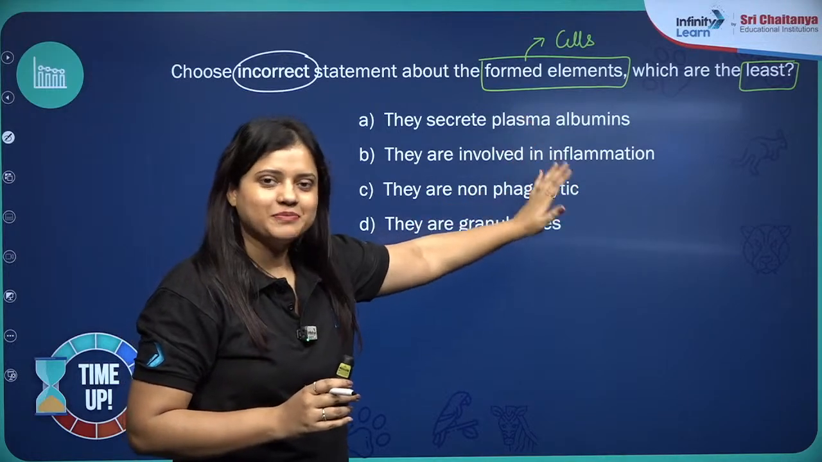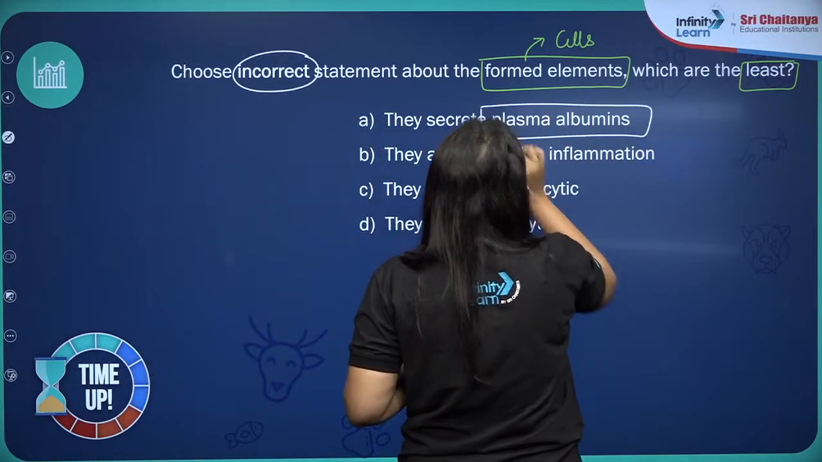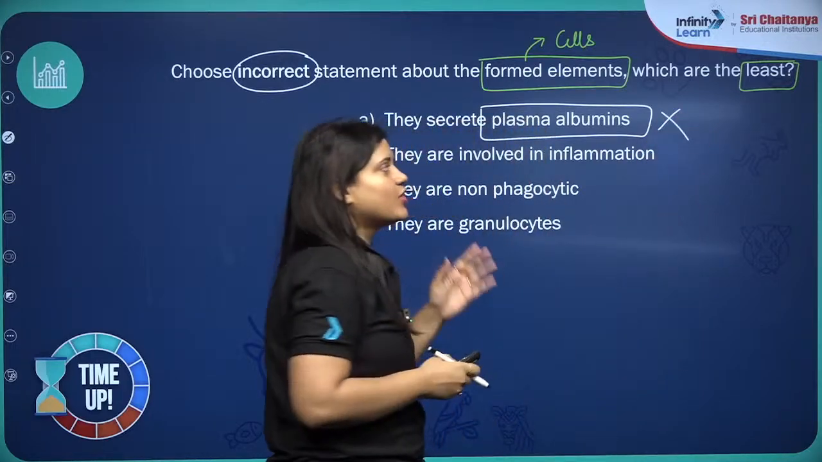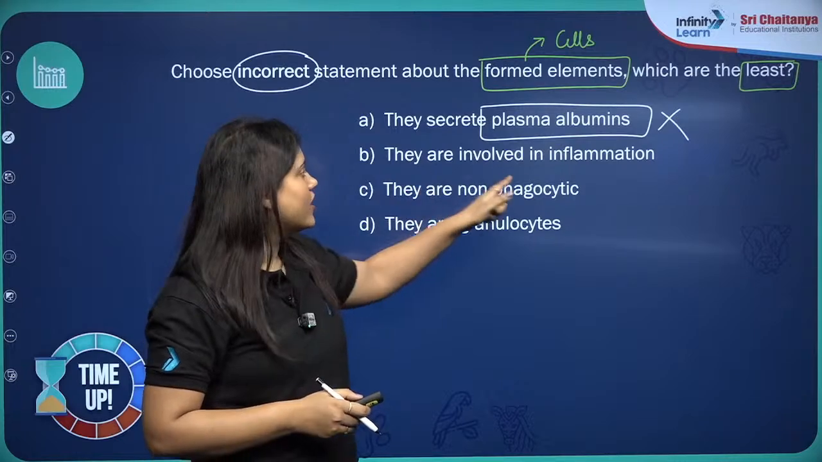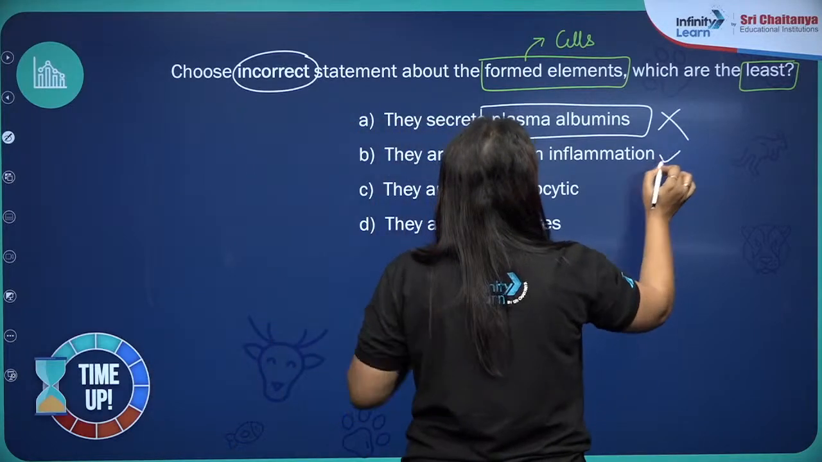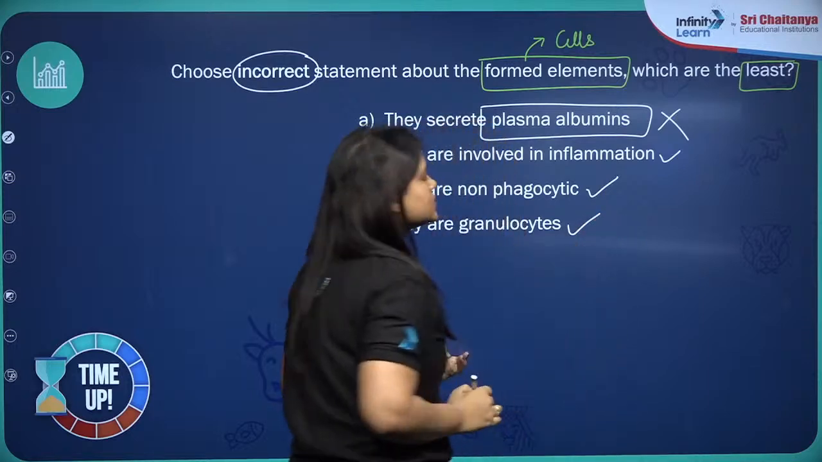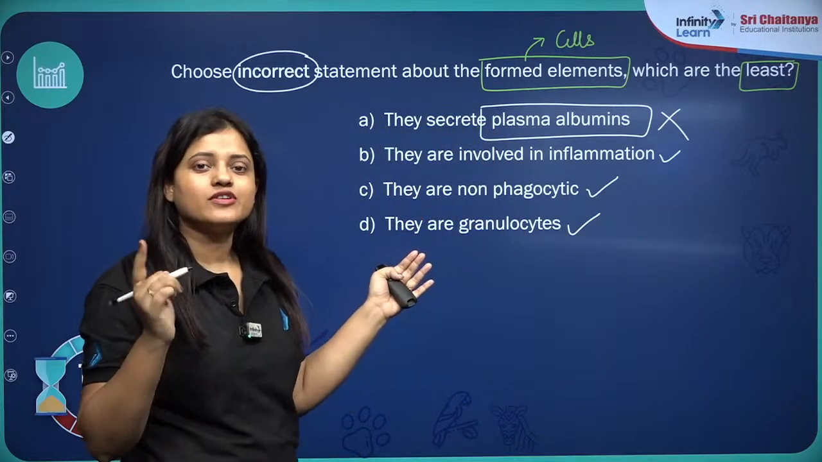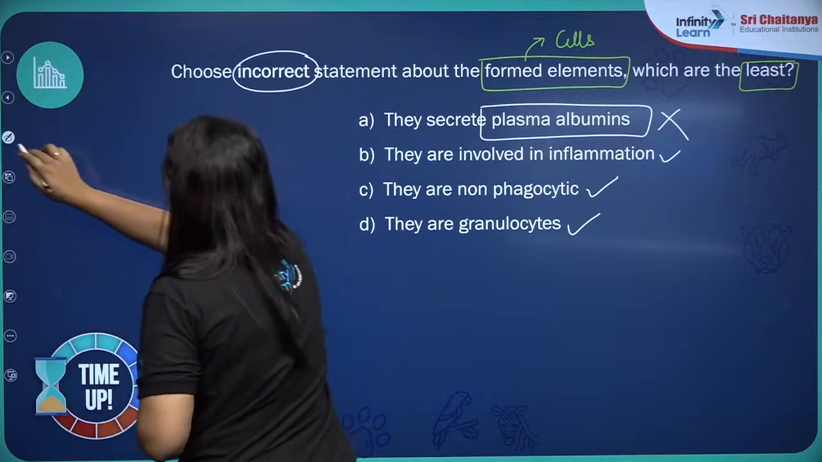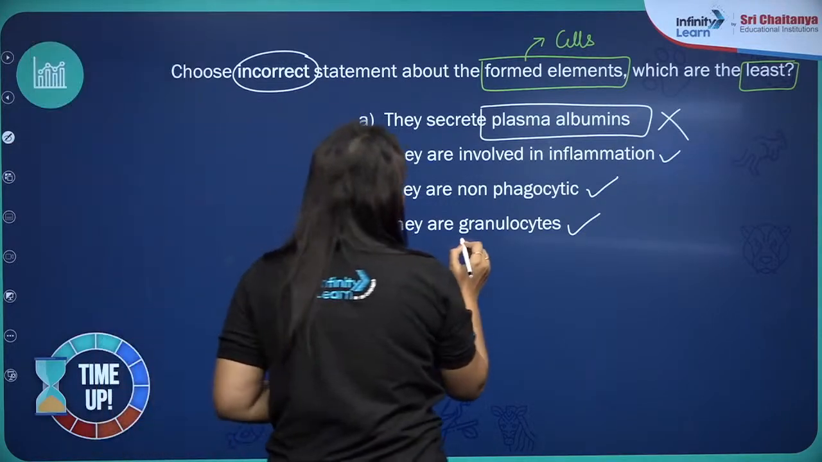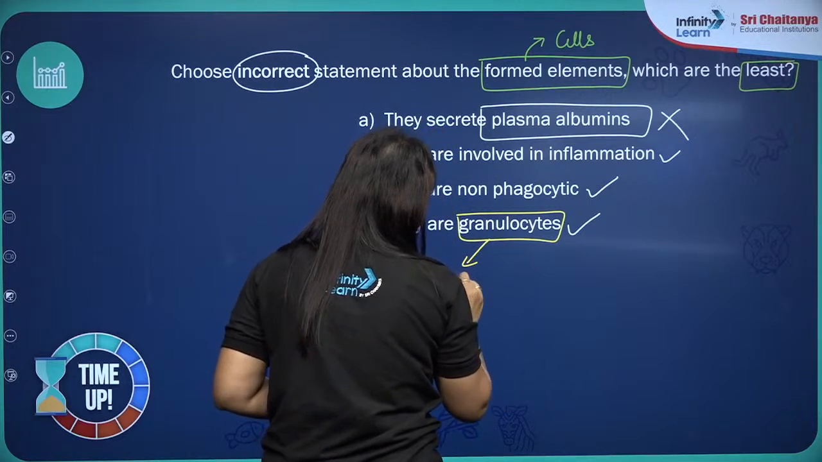So we know that plasma albumin is secreted by the liver, right? So this could not be the function of any WBCs, right? They are involved in inflammation, this is right. Okay, they are non-phagocytic, this is right, and they are granulocyte, this is right. So when we talk about granulocyte तो तीन तरह के होते हैं, isn't it? Granulocyte कितने तरह के होते हैं? तीन तरह के. So granulocytes can be neutrophils,